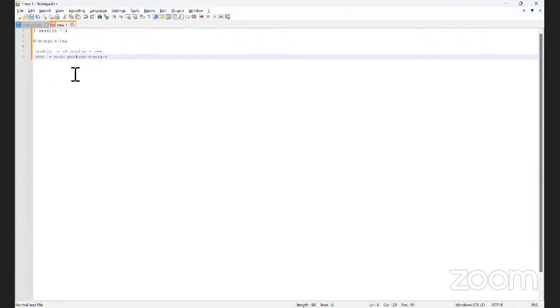Node Package Manager: suppose you want to install some library or something, you have to open your browser, type, and check whether it is 64-bit or 32-bit, which one it is. You have to take care of all this.